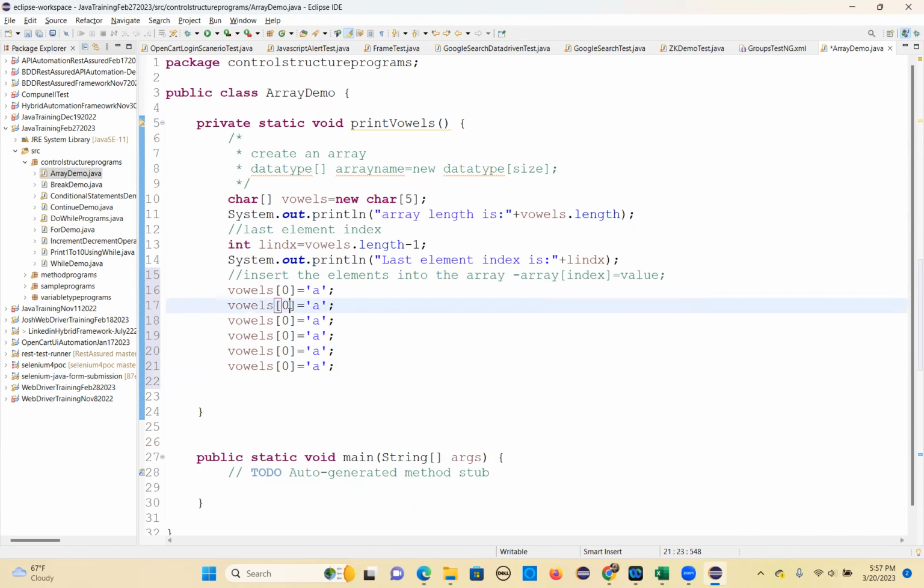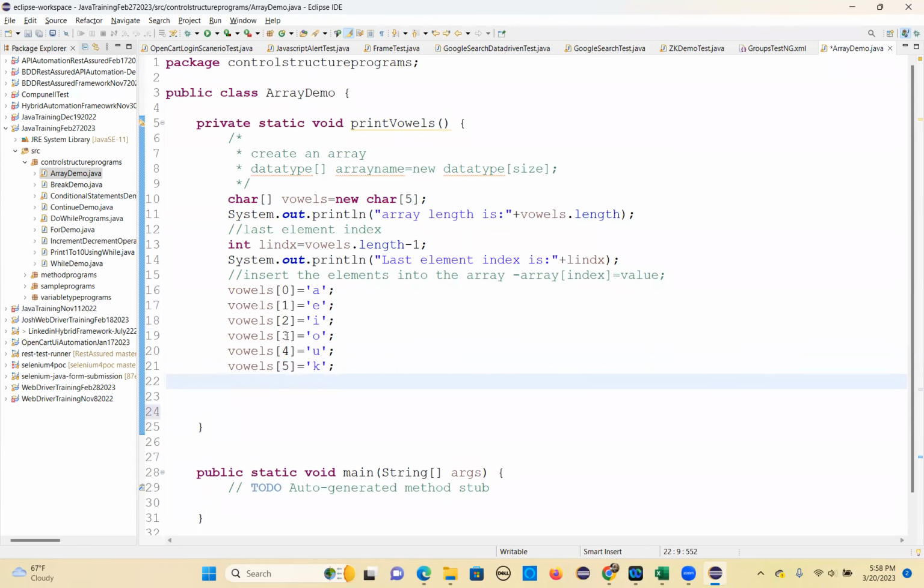So second index. Index 2 means third element. Index 3 means fourth element. So is this correct? No, this is array. So let's see what will happen. Okay, array of first,